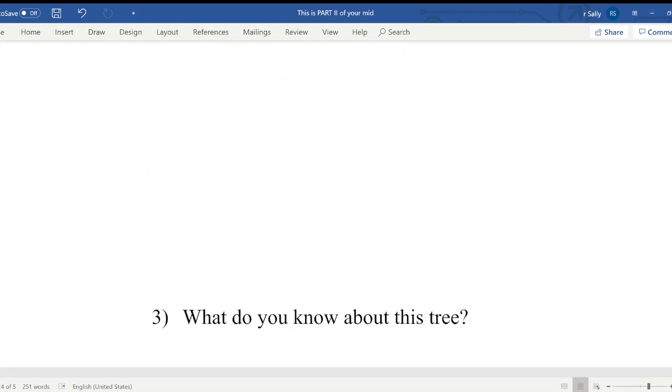Okay, so this is a WH question. So we need to identify what information the word what in this sentence refers to. So, do you know about this tree? You know what about this tree? So we know the WH word comes from here. It is the object of the verb know. And we know that the underlying form should have the auxiliary after the subject. So our underlying sentence is